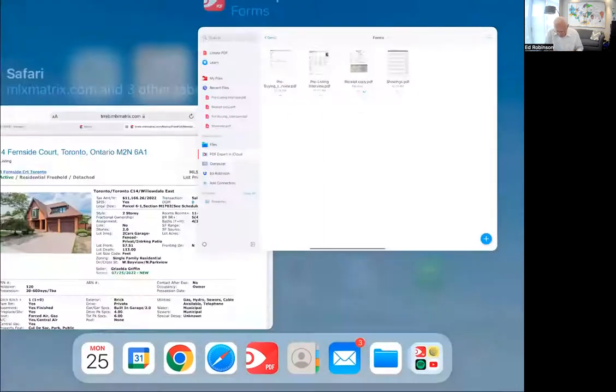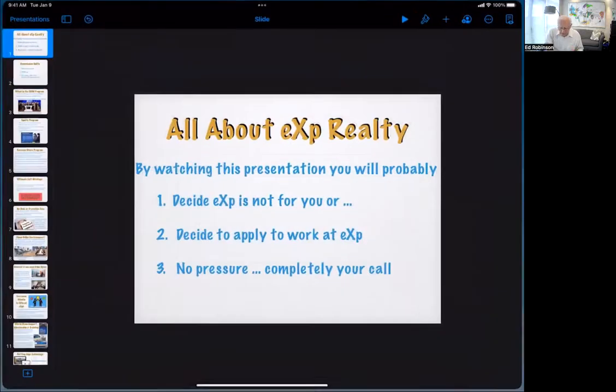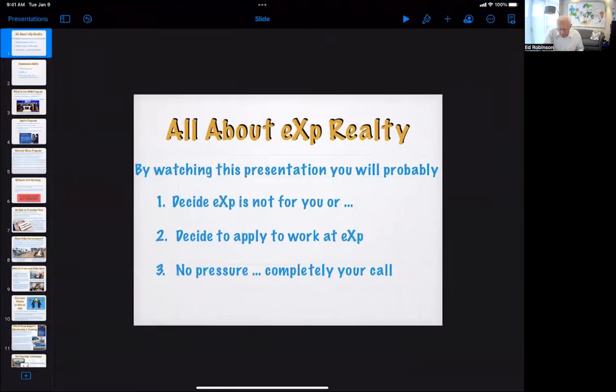So I'm going to give you just a little slideshow, 5 minutes, and then I want to do a revenue share thing so you can see how it works. This is my own interpretation. This is not something that EXP has prepared for me. I did it myself, and what I saw and why it worked for me, okay? So,